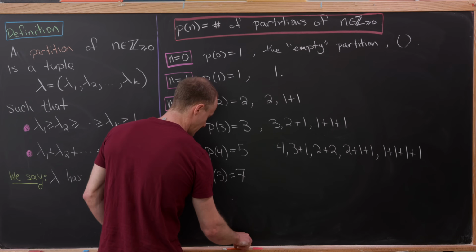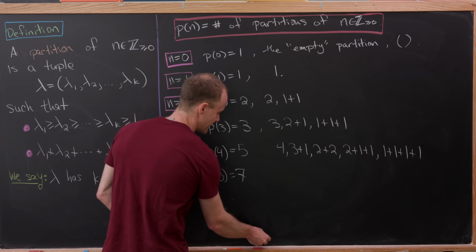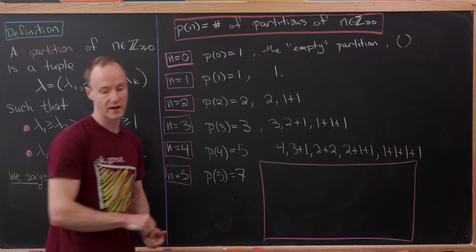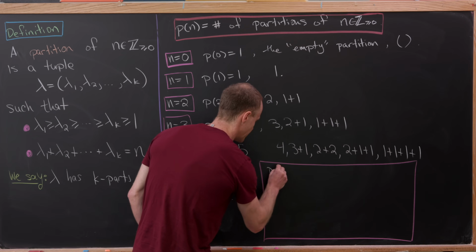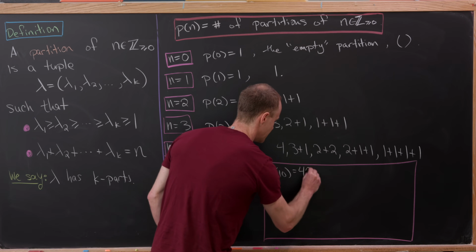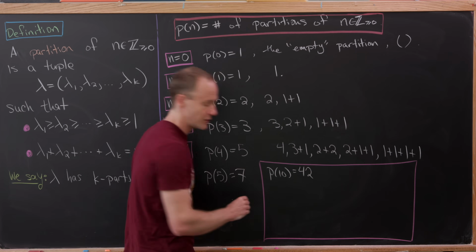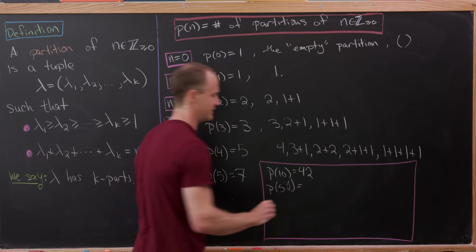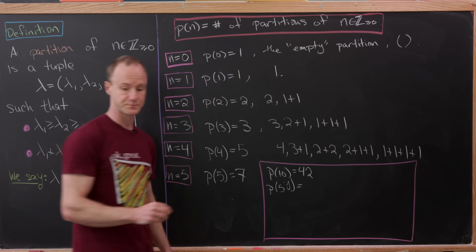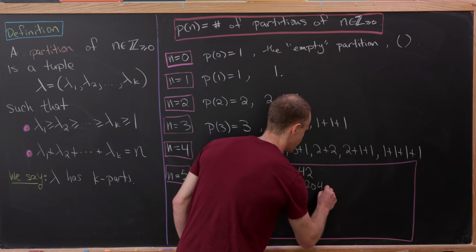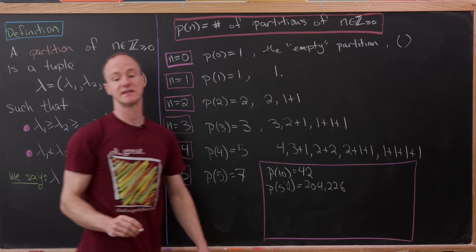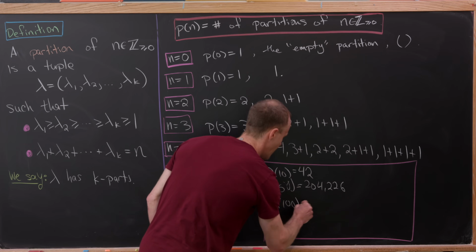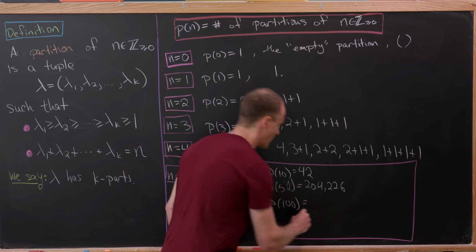And then, well, I'd just like to quickly point out that this number gets large very, very quickly. So in fact, if you count up the number of partitions of 10, you get 42. If you count up the number of partitions of 50, so I kind of dare you to try to write all those down, there's going to be 204,226. If you count up the number of partitions of 100, how many are you going to get? Well, you're going to get